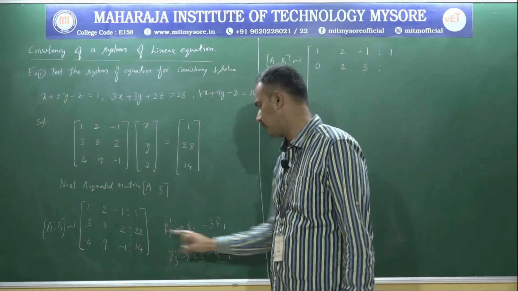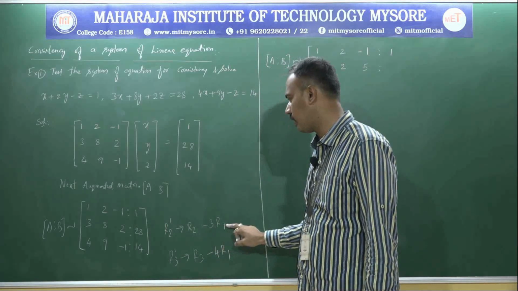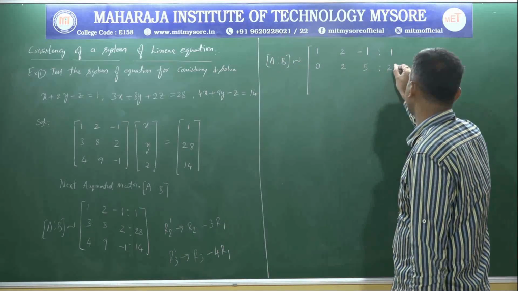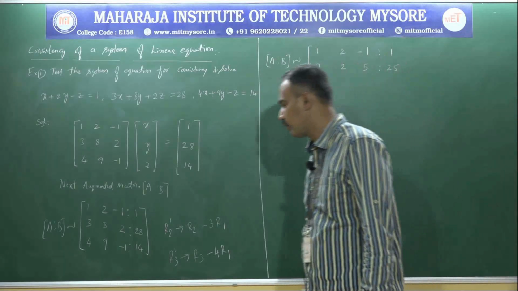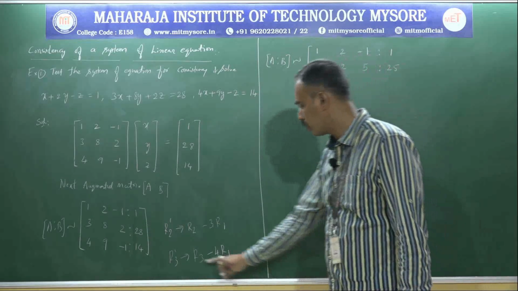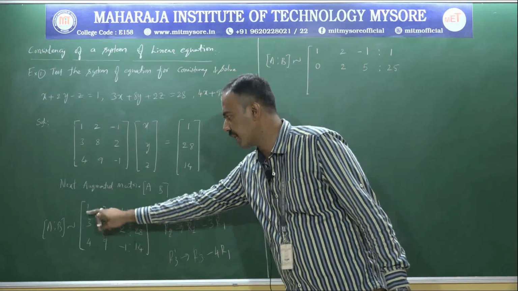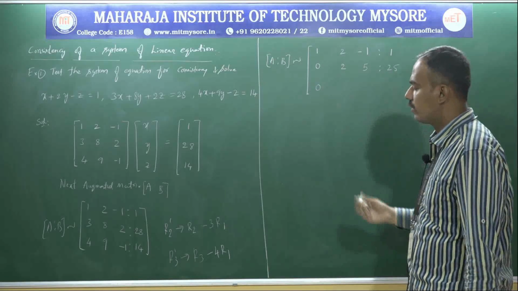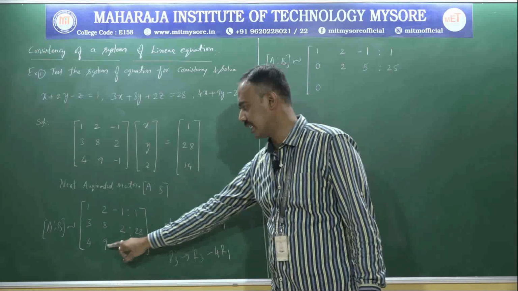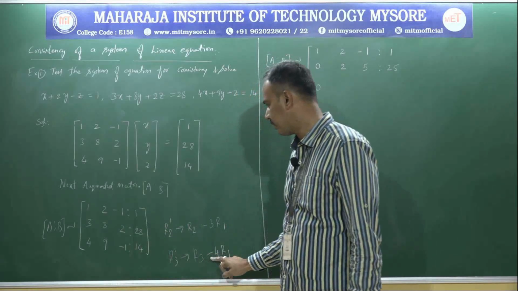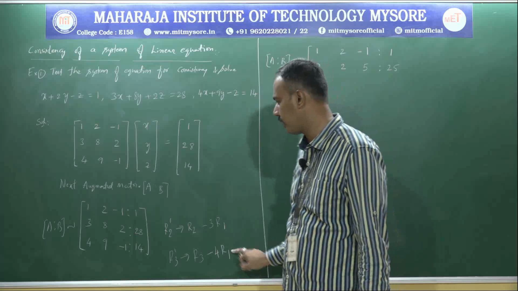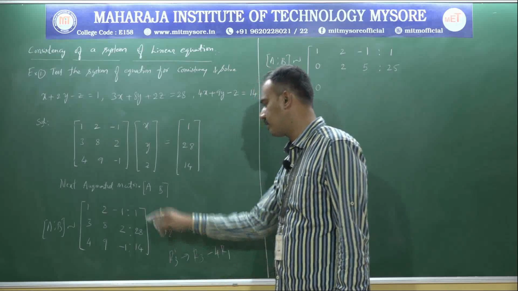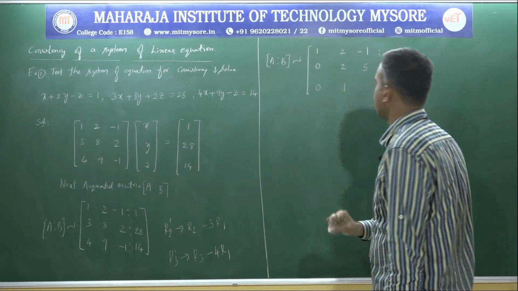Now the next one, 28 minus 3 into the R1, meaning 1 here. So 28 minus 3 is 25, now we can denote that. Now the next one is row 3. Row 3 minus 4 into the R1, meaning 4 minus 4 into the 1, the value here is 0. Now the next one, R3, 9 minus 4 into the R1. The R1 value here is 2, 4 into 2 is 8, 9 minus 8, now we can denote in terms of 1.